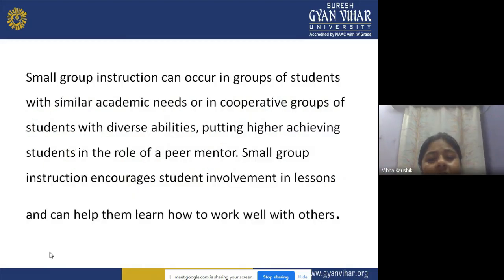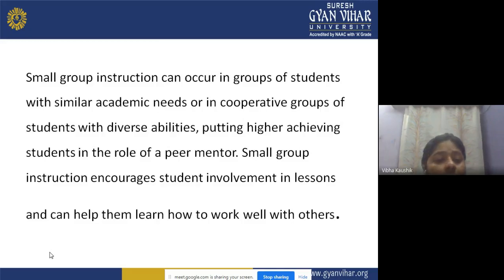Small group instructions can occur in a group of students, a group of 2 to 4 students with similar academic needs. It means when we are constructing the group, we should keep certain things in mind. The first thing is similar academic needs. Those students who have similar academic needs can be in a group. For example, you are all learning B.Ed or M.Ed or B.A. or M.A. So their academic needs will be decided on the basis of the program in which you have enrolled,